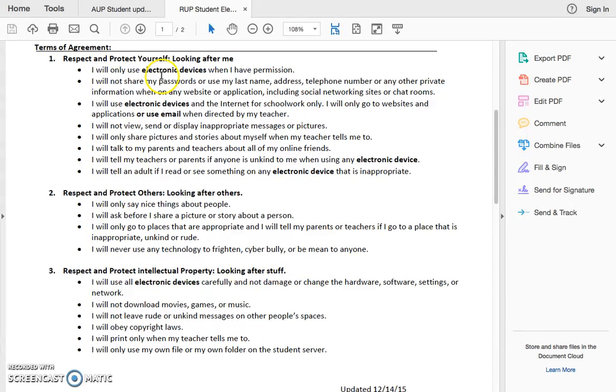And this reviews some similar features to the AUP, that students use devices with permission. They do not share passwords or personal information. They use devices for schoolwork, instructional materials only, and only go to websites or email when directed by the teacher. Students will not send, view, or display inappropriate messages or pictures.